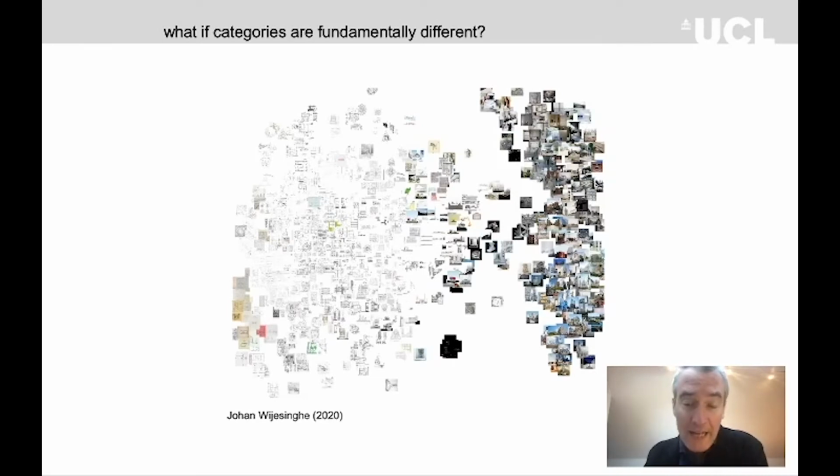But sometimes we can't have standards. So there's another way of looking at this in which we don't actually standardize our language. What happens if the categories we're using are fundamentally different? So this is just a short MSc project, Johan Viesinger's project on machine learning and transfer learning in particular, where